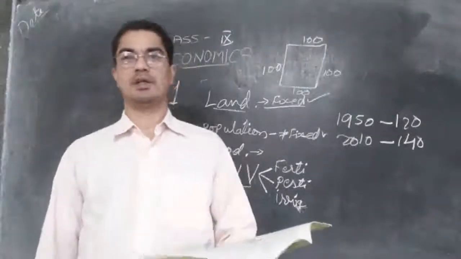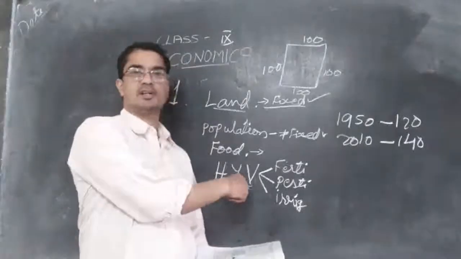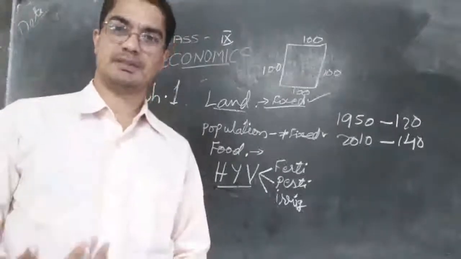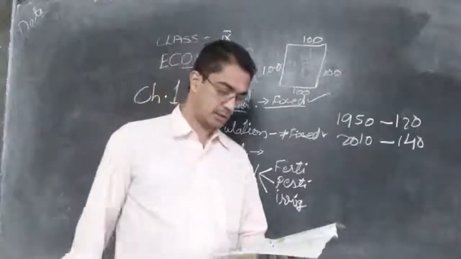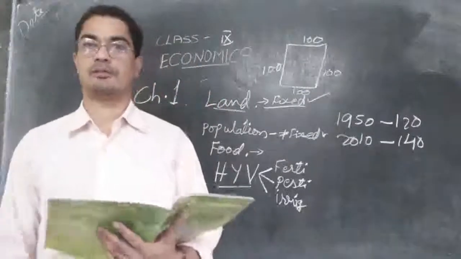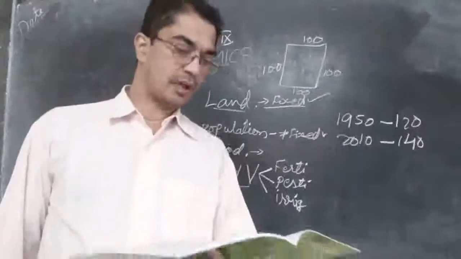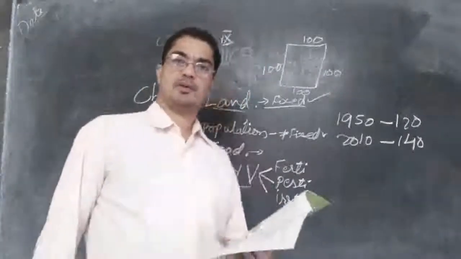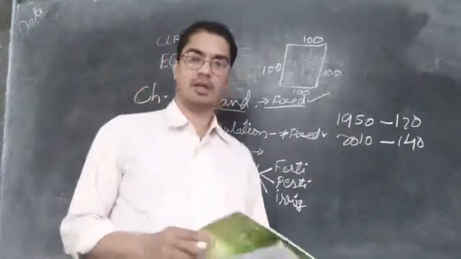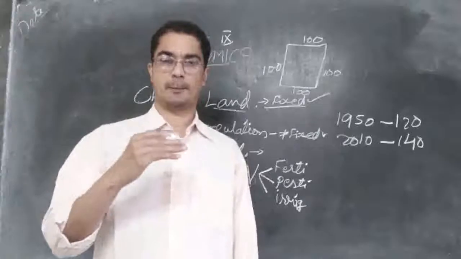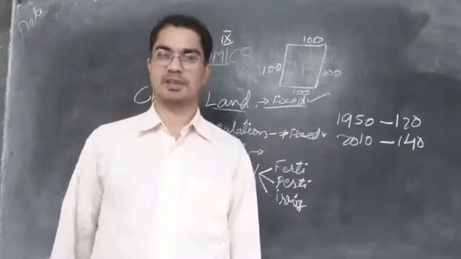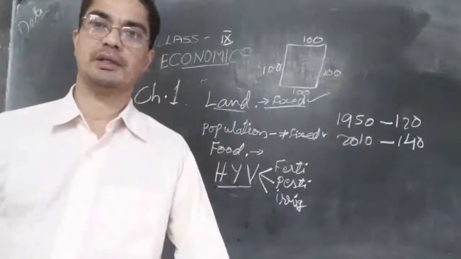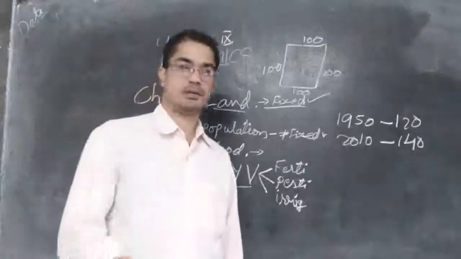But now the government started providing high yielding variety of seeds, and together with that irrigation, water, pesticides and fertilizers, and with that the production began to improve and a lot of things were produced. This is the Green Revolution I was talking about, and it was mainly tried in North India, Punjab, Haryana and Western Uttar Pradesh. These are places where a lot of farmers cultivate on a large scale. So the government tried this,